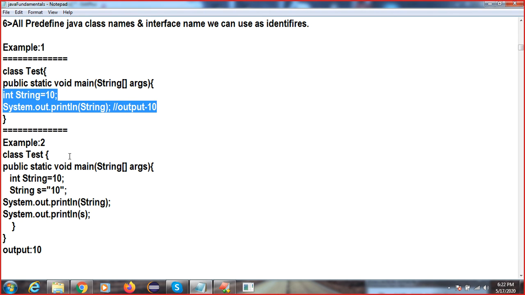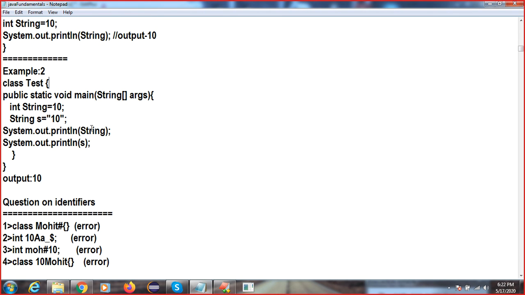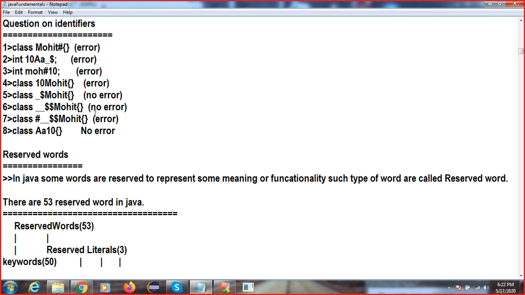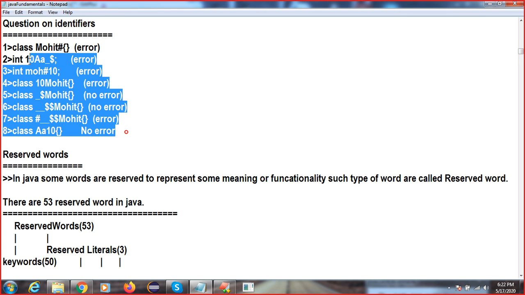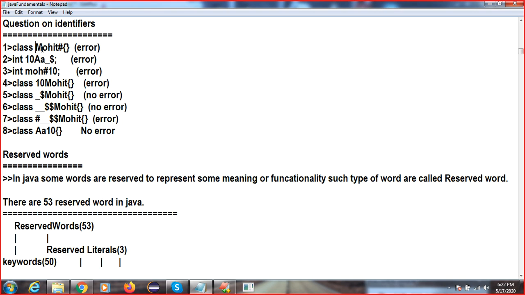Then we have covered this identifier part. I have given these just for your revision purpose. Here we will get an error. Here we will also get an error, right? Because this is starting from a digit. Here also we will get an error because it is starting from a hash. Here also we will get an error because it is starting from a digit. Here we will not get any error.